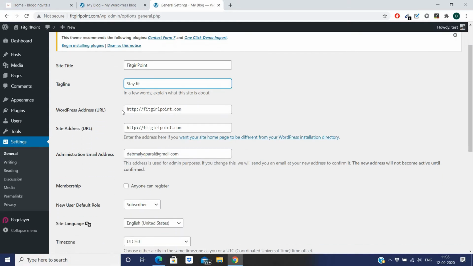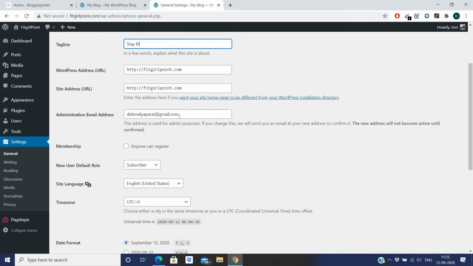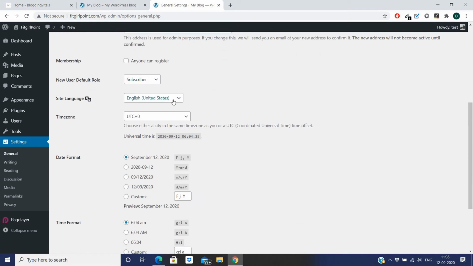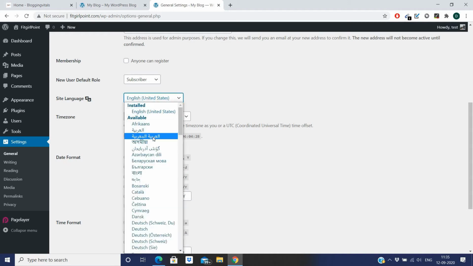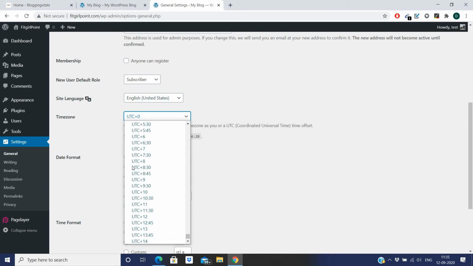And then there is the WordPress address or URL, site address or URL, and administration email address. If you need to change these, you can. And then this language: if you want to make a website in English, keep it English, but there are lots of options here, so you can change according to that. Then there is the time zone option. Change this time zone according to your location.